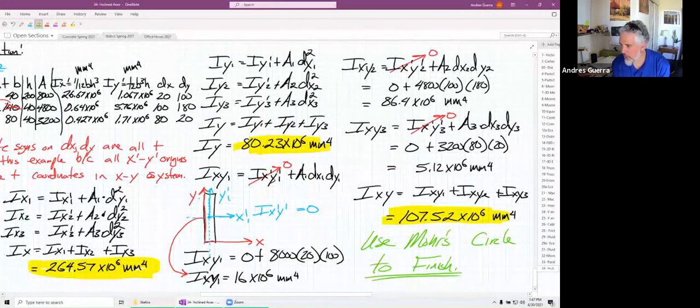We could jump into Mohr circle, but in the 2.5 minutes that we have left,